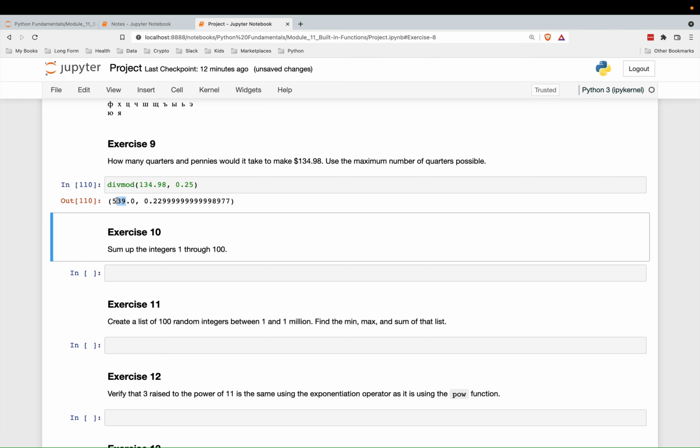So 539 quarters, and then we are left with 23 cents. There's some rounding. This is just due to float precision, which I have not yet talked about. But if you see all these nines right here, essentially this is just the same thing as 23 cents. So when you get to 75 cents, then 23 cents will be added up to 98. So again, that's 539 quarters, and then